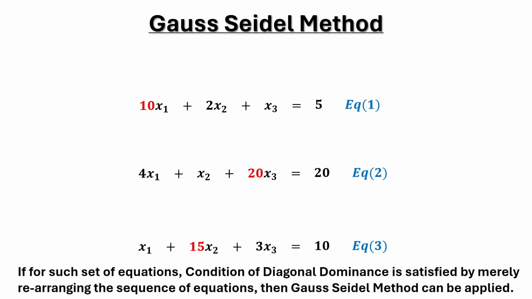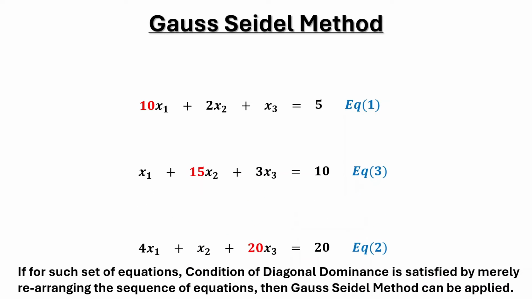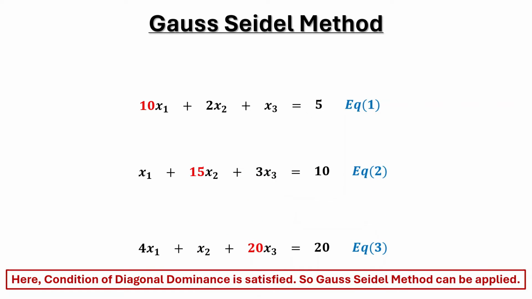If for such set of equations, condition of diagonal dominance is satisfied by merely rearranging the sequence of equations, then Gauss Seidel method can be applied. Here condition of diagonal dominance is now satisfied, so Gauss Seidel method can be applied. Viewers, in some cases, it is possible that no condition of convergence is satisfied, but still Gauss Seidel method may